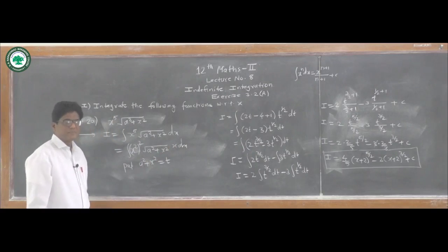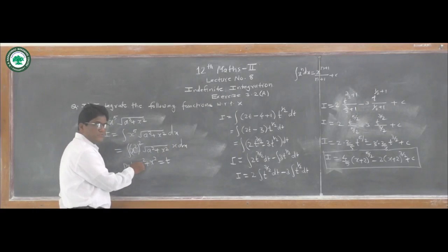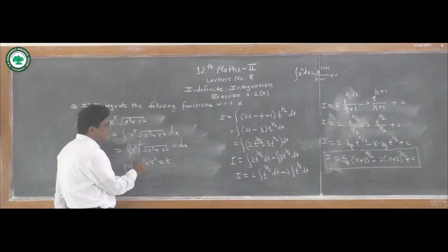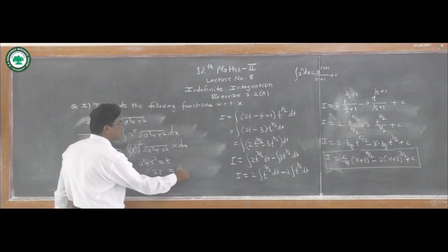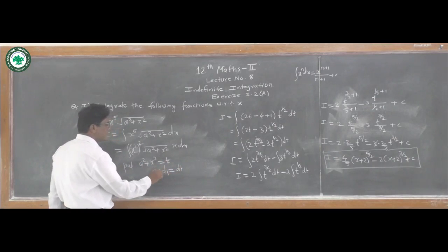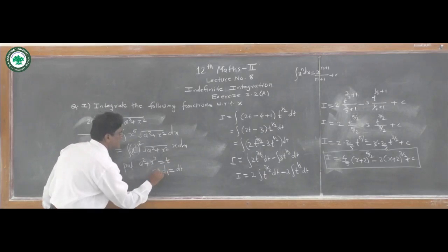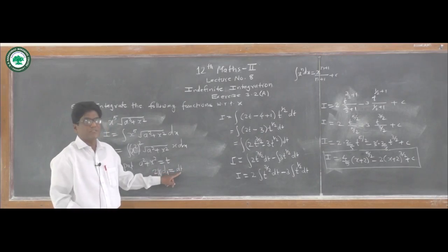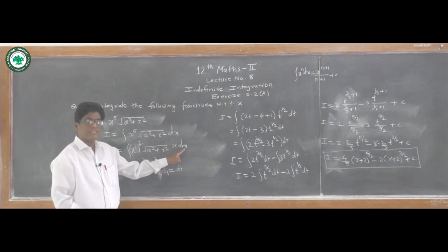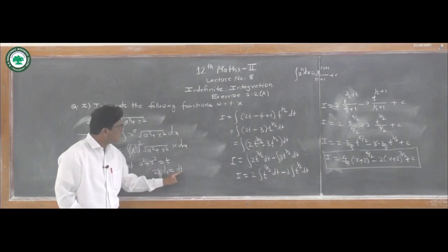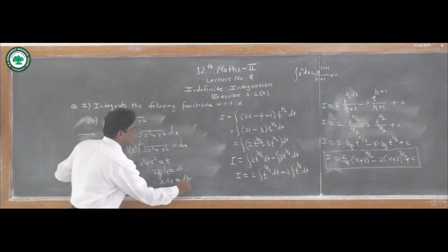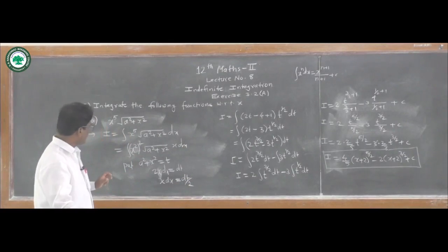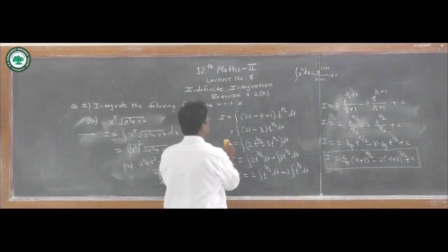Now differentiate with respect to x. Derivative of a square is 0 because it is constant. Derivative of x square is twice x, equal to derivative of t, dt upon dx. Carry this dx, so we get twice x dx is equal to dt. But in the problem there is only x dx. So we carry this 2 to the right hand side, and therefore we get x dx is equal to dt upon 2. Now the required integral I becomes, I is equal to,